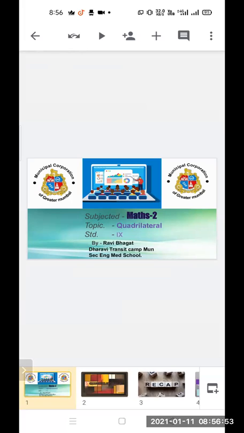Okay, children, why are we revising the same topic again and again? Because you know that in maths, each and every topic is interrelated, or we can say they are connected to each other. Whatever topics and subtopics we have studied are interrelated, so we have to start from the first so that there should not be any missing connection between the topics.